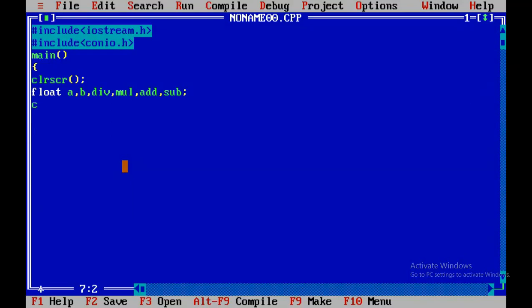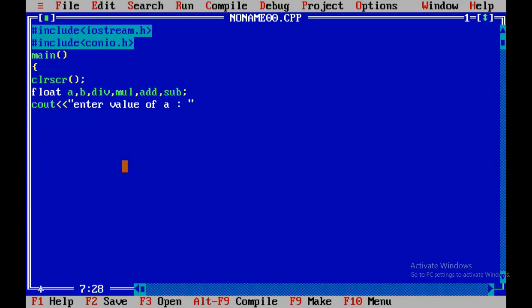Now let me go to the second line. Now I am going to enter the value of a. For that you must write an output function which is called cout, then double quotations. Double quotations help to display a string exactly as you want it displayed on the output screen. Here I want to display "enter value of a" as it is on the output screen.